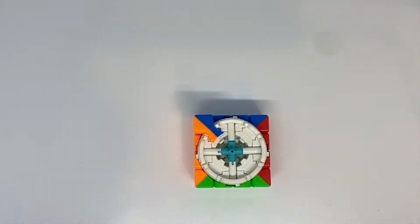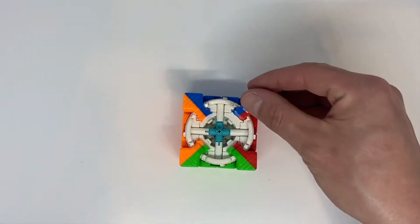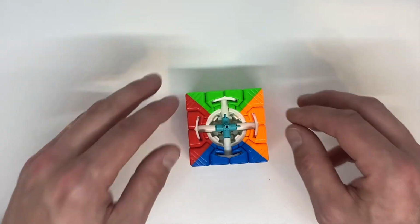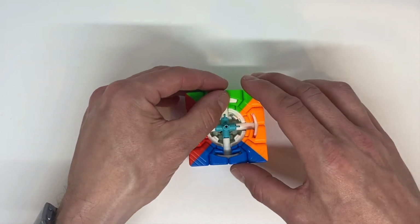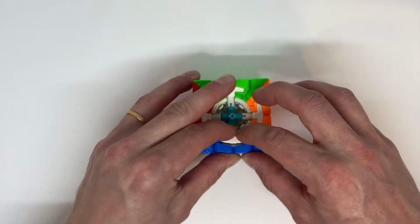Layer 3 is super easy, you'll be pleased to hear. Just put the remaining edge pieces in place, the last 8 center pieces, and then gently drop in 4 internal pieces, 1 per side. The box part of the build is now complete, and so now it's time to get